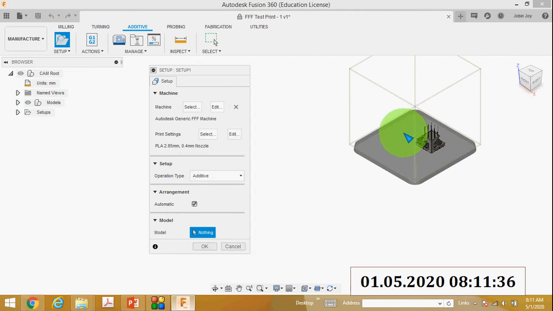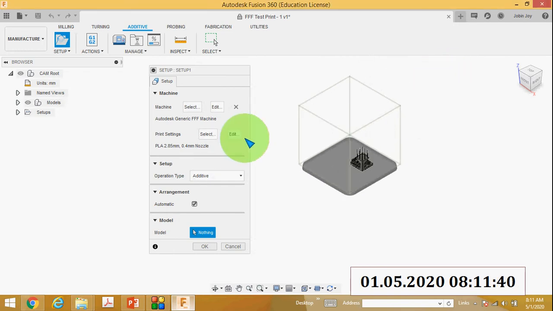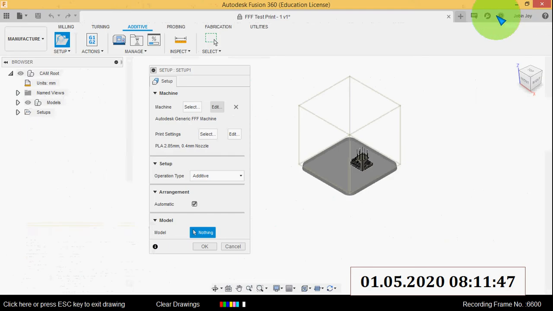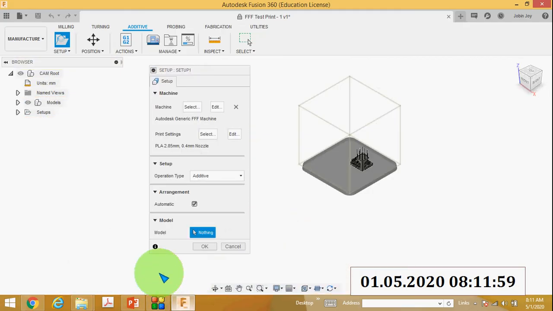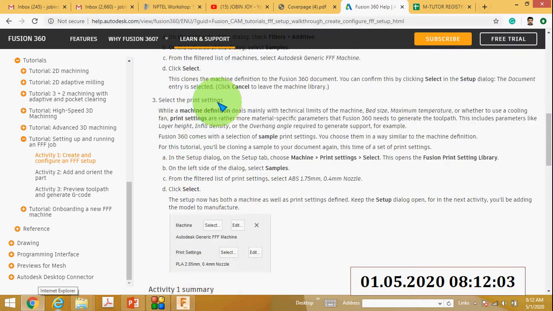Now you can see the machine. So we have selected the machine, Autodesk generic FFF machine.